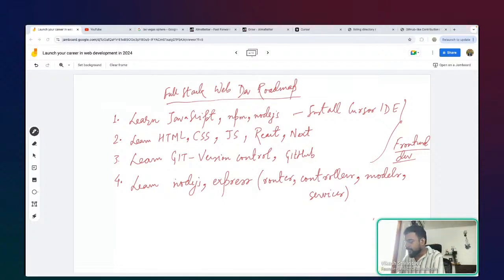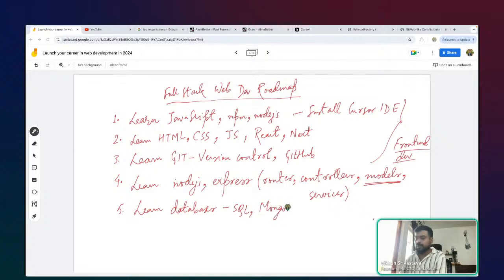Okay, then of course you need to learn about databases, right, because we talked about models. We cannot imagine our world without data or even databases, right? So SQL or even MongoDB. Maybe people say that okay, this is going to be MERN stack, but of course we are not going to do away with SQL.